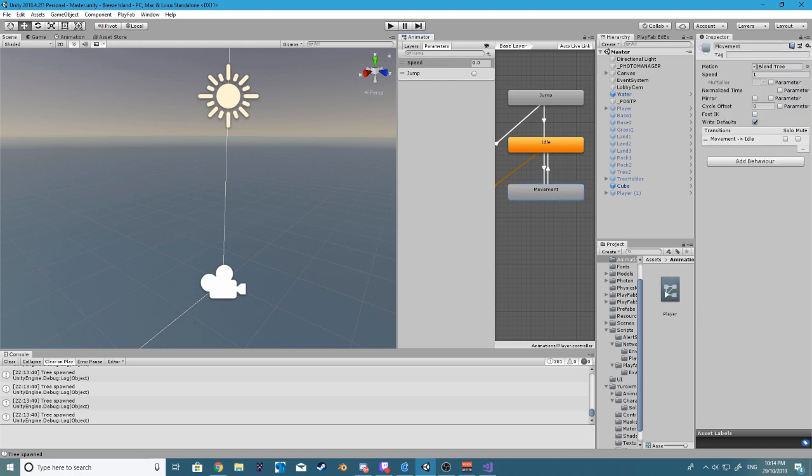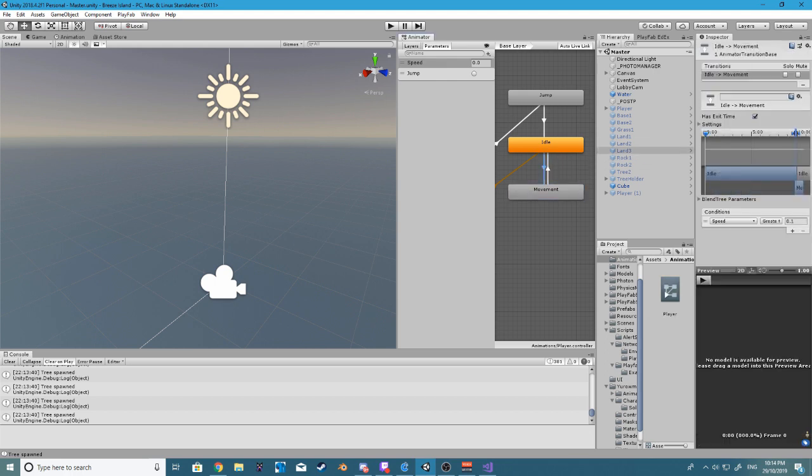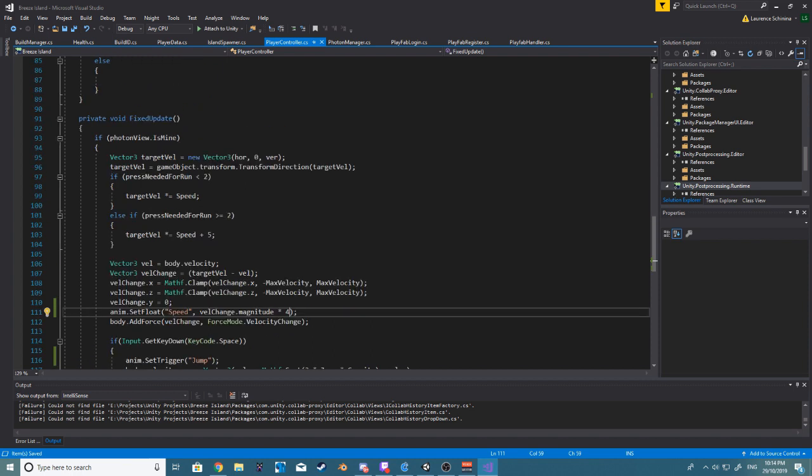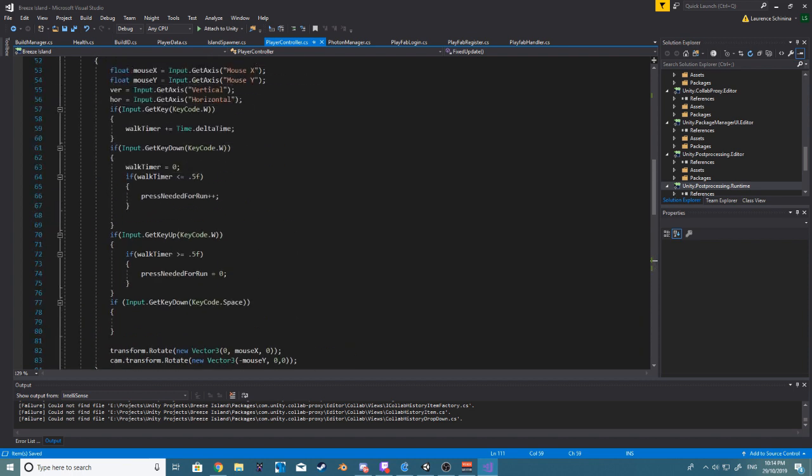So what are we missing in the movement? Oh, idle. Idle has an exit time. We do not want it to have an exit time. Movement, again, we don't want it to have an exit time. So transitions, 0.1 and 0.1. And let's quickly look at this because we have